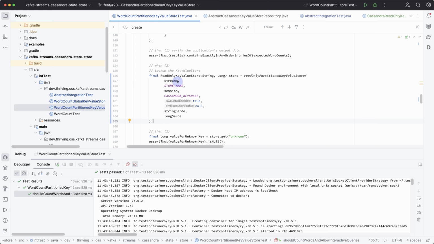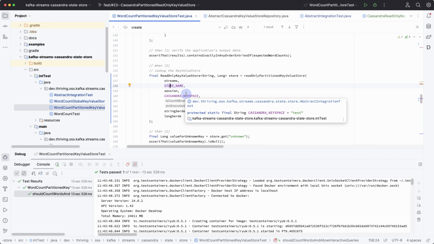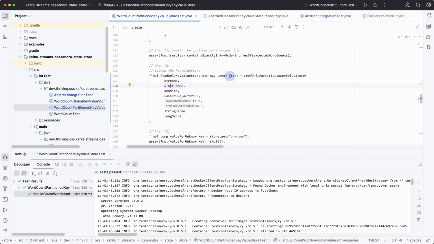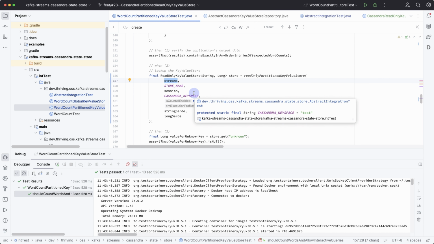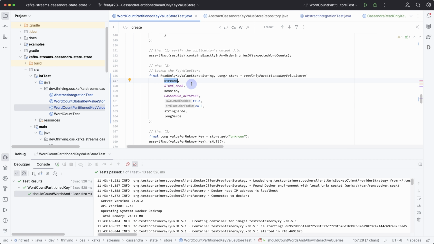Because we need not only the streams and the store name, we will not get an existing store object from our streams instance, but we will create a new facade that will create a repository and use that under the hood to directly query Cassandra and not go via the interactive query interface of the native state store logic of Kafka Streams. So we bypass that with our custom implementation. So we pass in streams, store name, session, key space,